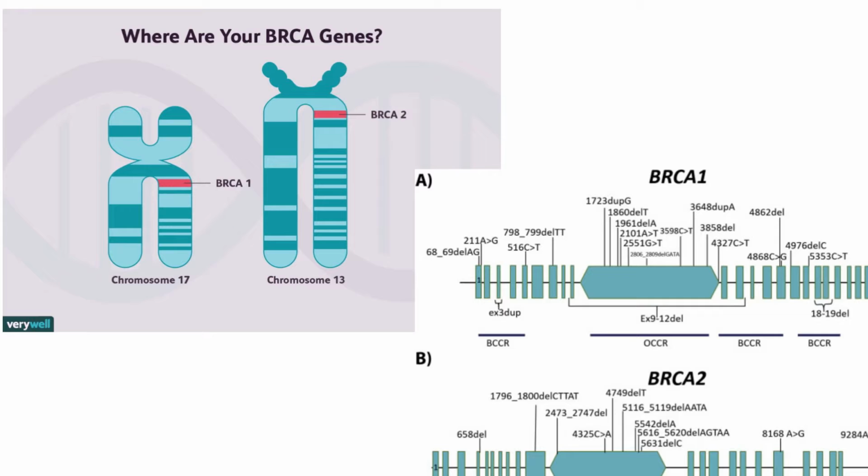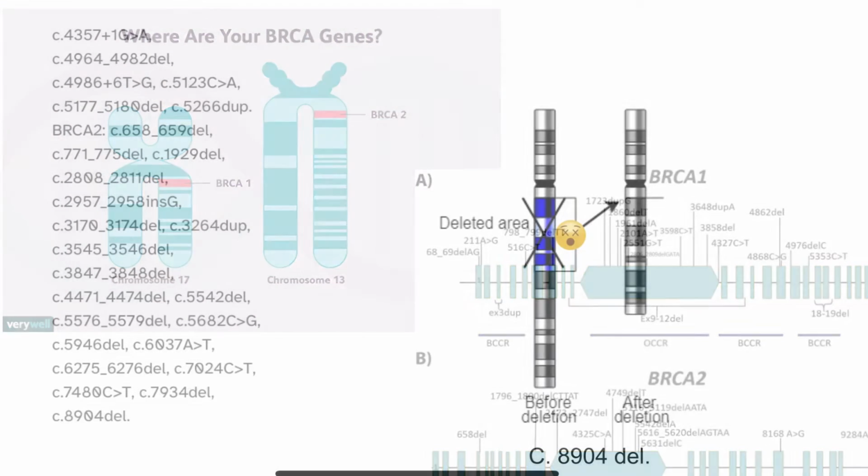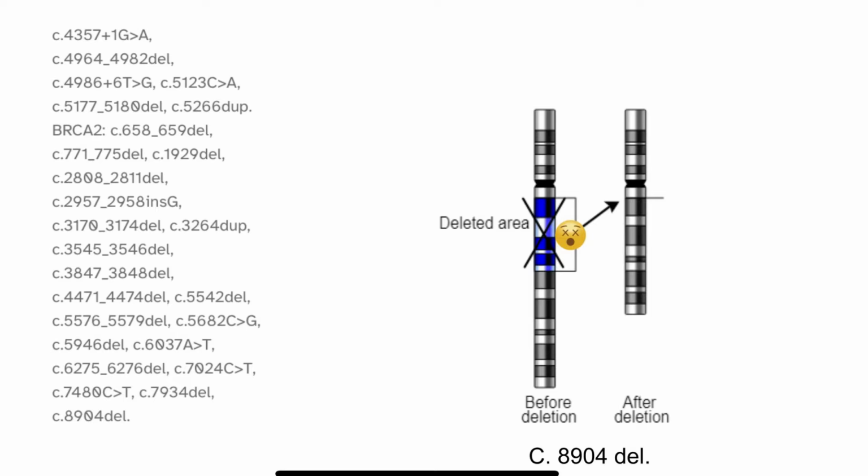This trait is present in 1 out of 300 to 800 people according to the National Library of Medicine's data. The proteins altered by mutations in these genes work on tumor suppression and DNA repair. Individuals with these mutations are automatically at some risk for developing breast cancer, so there are now tests to detect these traits. 23andMe tests 44 variations out of 4,000 variants of the BRCA1 and BRCA2 gene that are associated with